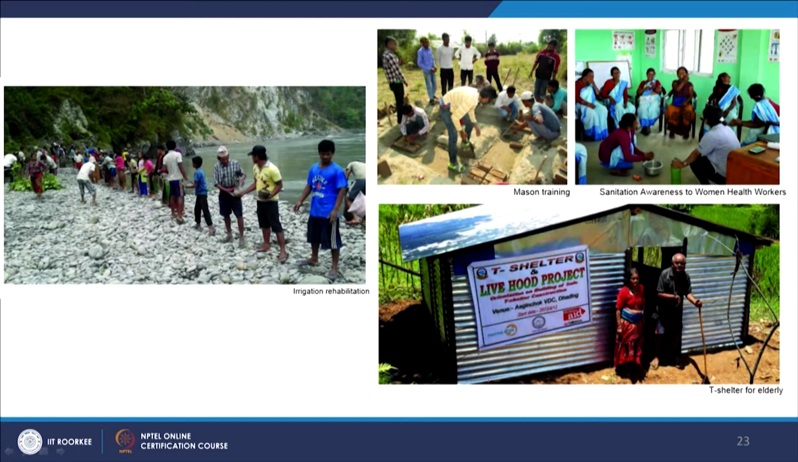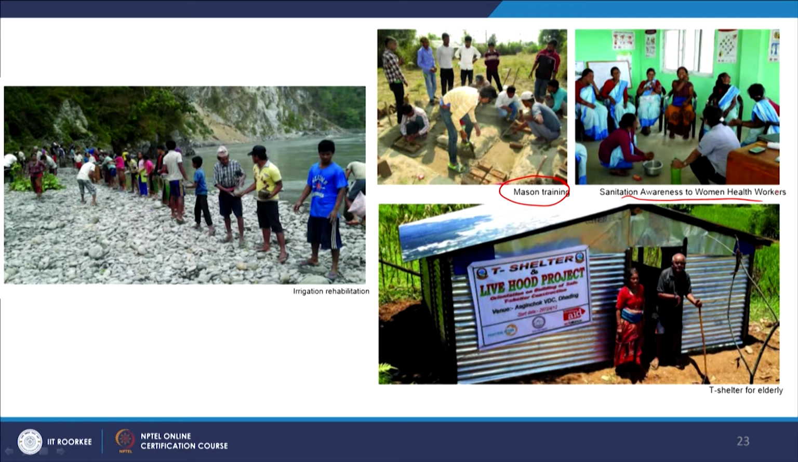Now, some of the examples of how they are also encouraging the communities to be able to understand the irrigation rehabilitation, how they can first safeguard their crops, how they can protect their fields, and enhance the unemployed youth and the communities with the mason training so that they can learn the skills and they can be part of the self-help housing